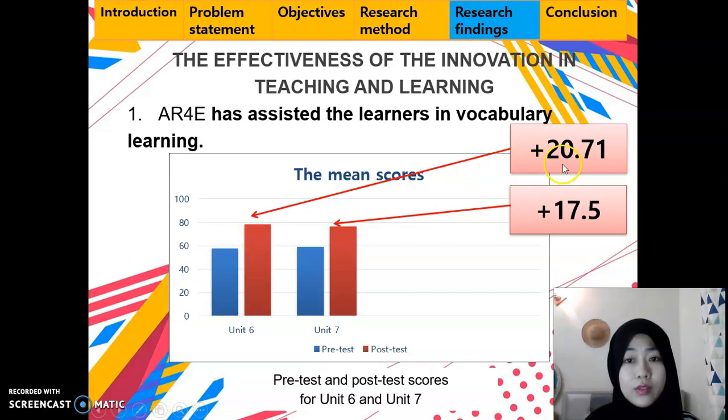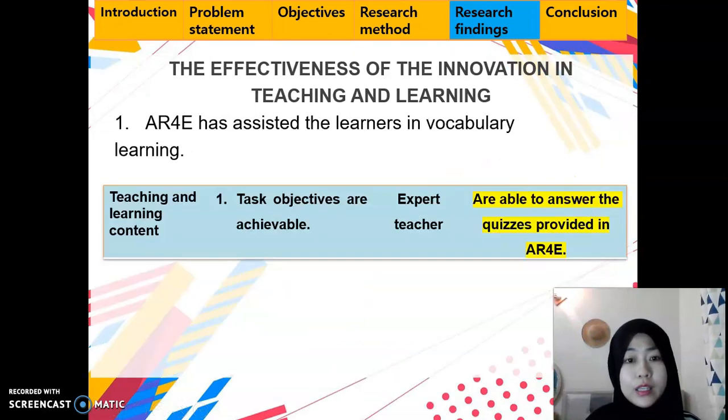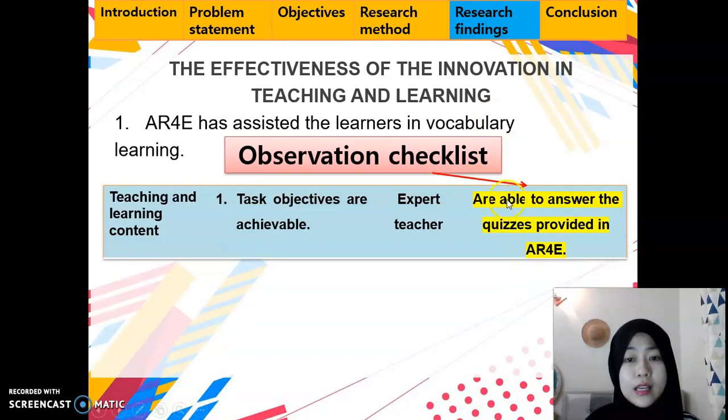So you can see the significant improvement. This is also supported by the observation checklist done by the expert teacher, in which she stated that pupils are able to answer the quizzes provided in AR4E. So this proves that AR4E has assisted the learners in vocabulary learning.